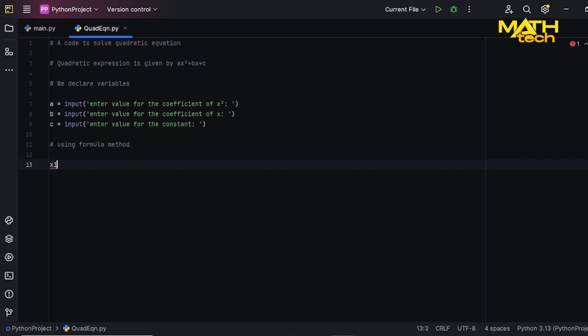So we say x1. Now x1 is a variable. We have to declare a variable here. I have explained it, so there's no need of putting that as a long comment. So x1 equals to minus b plus